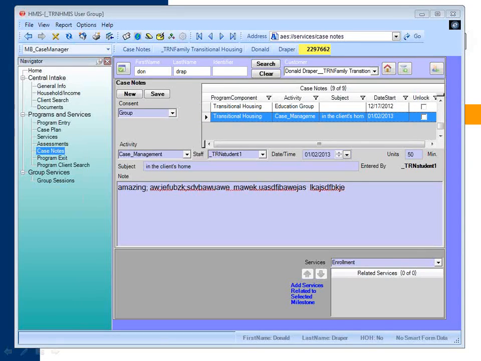So let me see. Okay, yeah. So hopefully this error will be resolved in the very near future. I don't have an estimated date for when this will get corrected, but I really hope that it will be